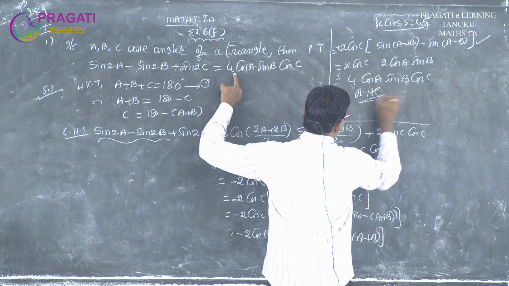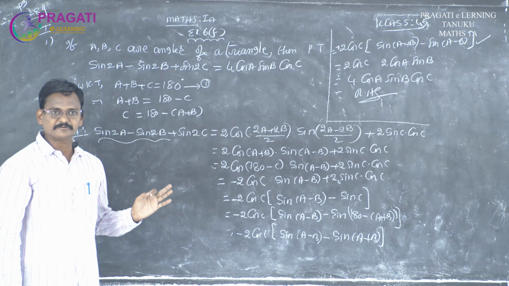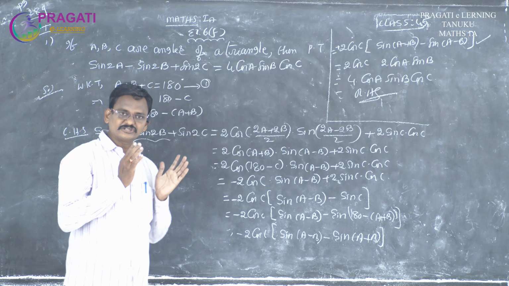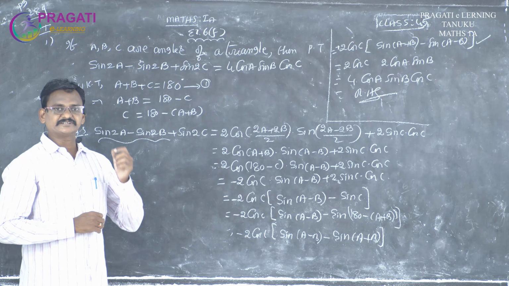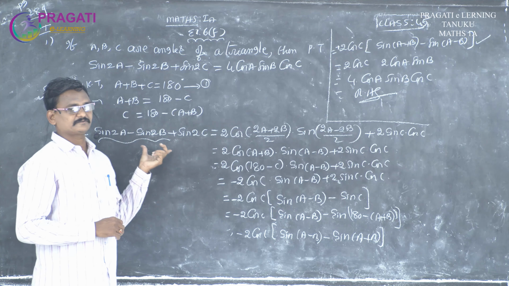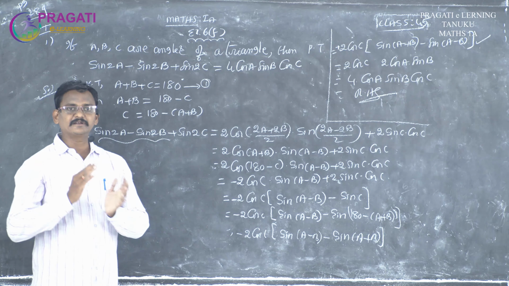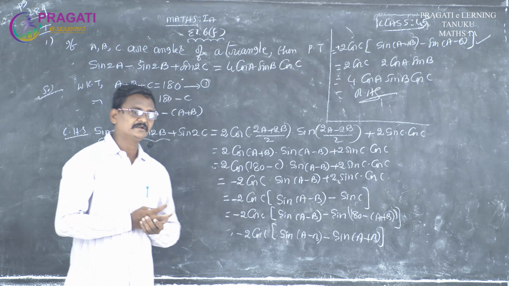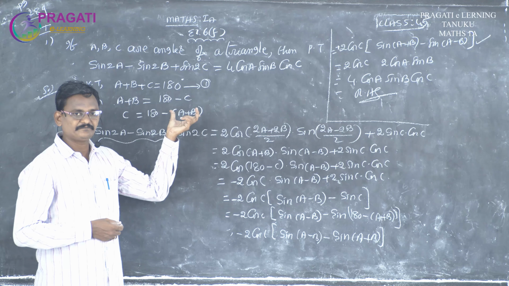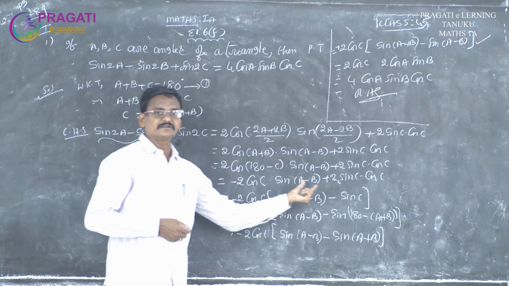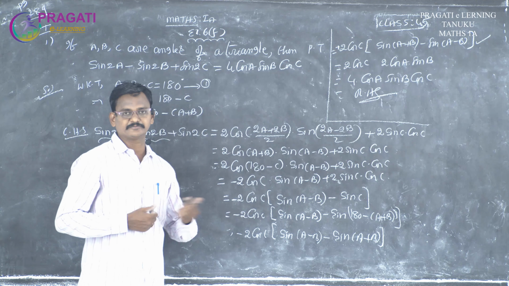So, this is the way of the process. Simply I am telling you once again because it is very important. So, totally in this question, that means such type of questions, we have totally 3 terms. Just apply the formula for the first 2 terms based on transformation formulas. And for the third one, apply multiple and submultiple related formulas. And when we have A plus B, just you can replace 180 minus by this concept. Okay. After that, just you can take common whatever it is possible to take common from the 2 terms.